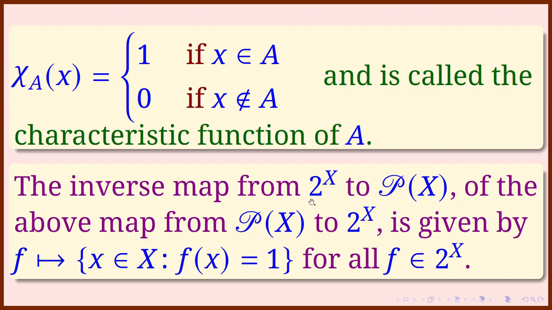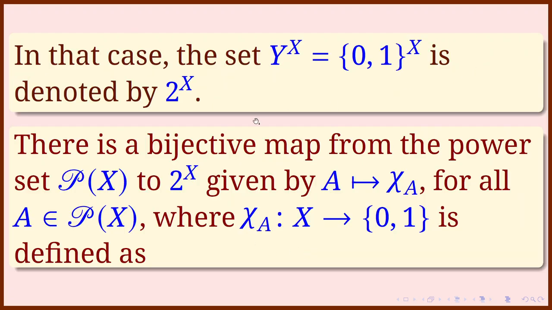Now the inverse map from 2 to the power X to P(X) of the above map from P(X) to 2 to the power X. Which map are we talking about? We said that there is a bijective map from this power set of X. Bijective map means there is an inverse from this to this also, 2 to the power X to P(X). The direct map is given like this: A going to the characteristic function of A. How about the inverse map? The inverse map is given by